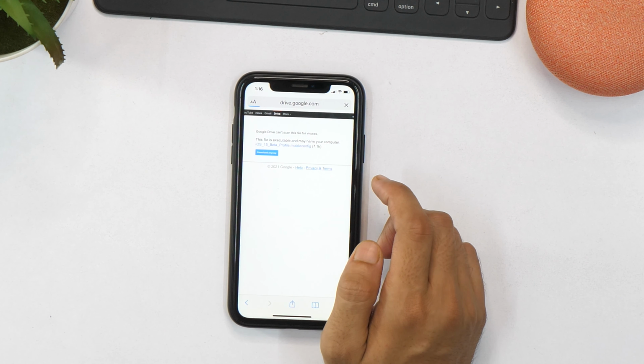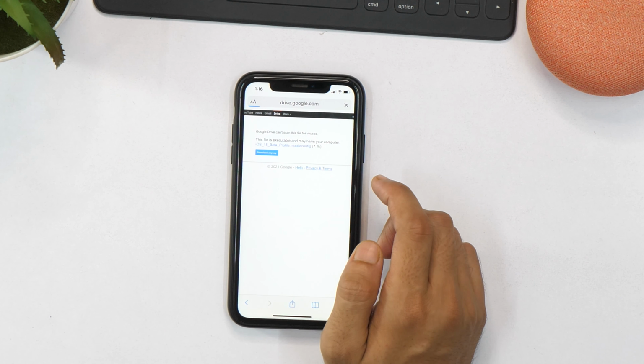So close this and now minimize this browser and go to settings. Here you can see that the profile is downloaded. Tap on that and then you will need to install it. It will ask for passcode, so enter that and then agree to terms and conditions. Again tap install and the beta profile has been installed now, but we will just need a final restart. So tap on restart and the phone will be restarted. I'll wait for some time until the phone is restarted.